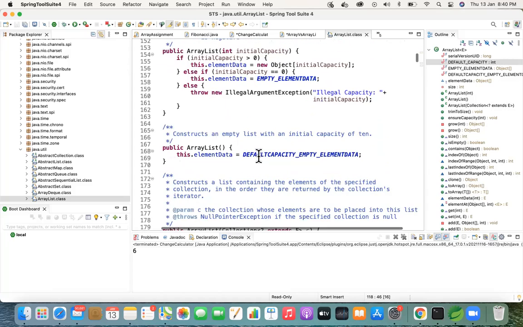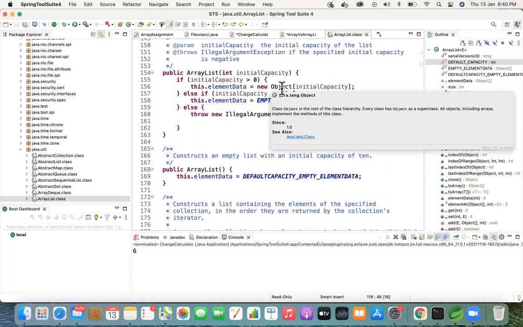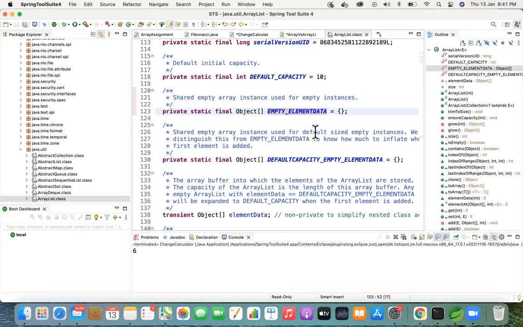Yeah. So if you see in the ArrayList with initial capacity, line number 154, there is one constructor with initial capacity. Whenever you pass your capacity value, it checks whether the capacity value is greater than 0 or not. If it is greater than 0, the entire elementData structure gets created with your defined value. If your value is 0, it will just create the data with the EMPTY_ELEMENTDATA. Now, can you go to the EMPTY_ELEMENTDATA? It doesn't have anything. Nothing is defined. It's just an empty object array.